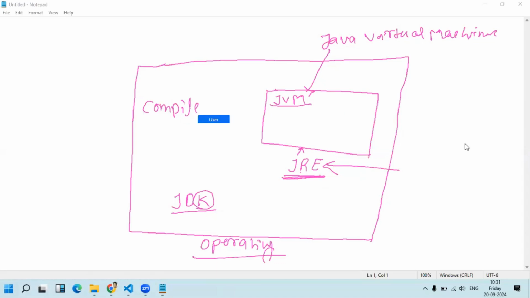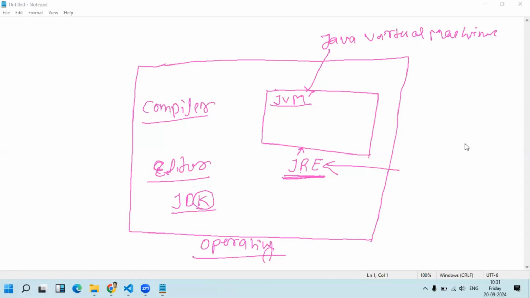You have the editor separately from this JDK. You have Eclipse or STS, whatever you want. There are so many editors for Java. The editor you use to write the Java code.